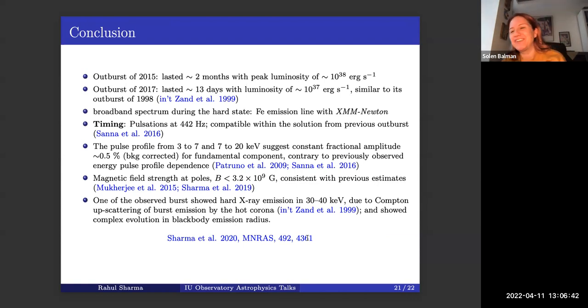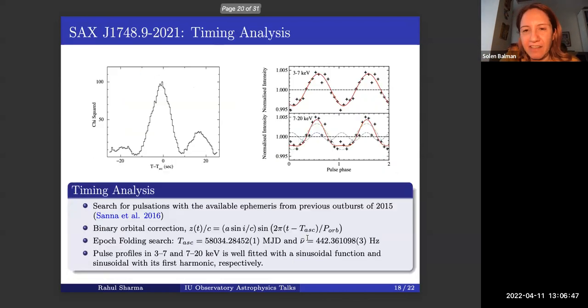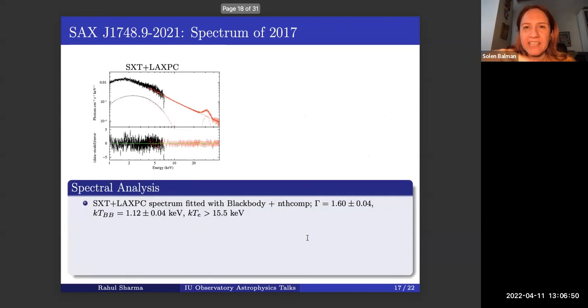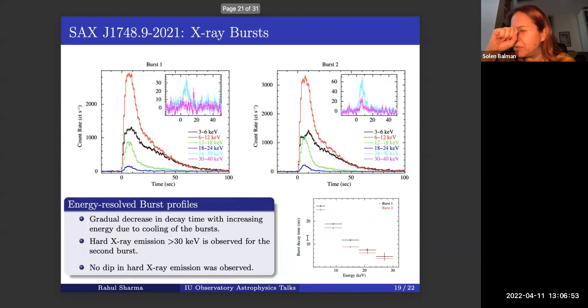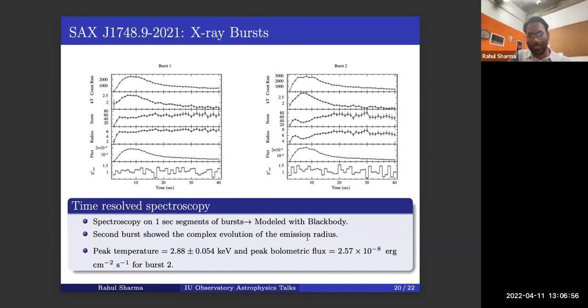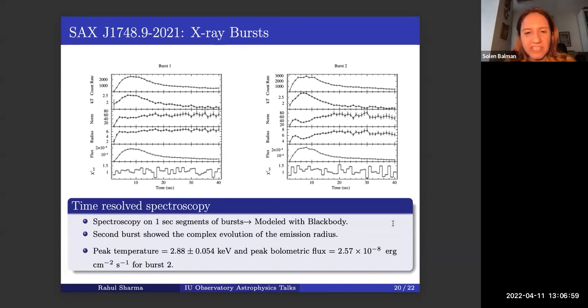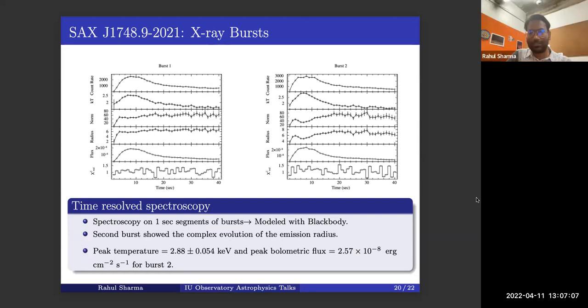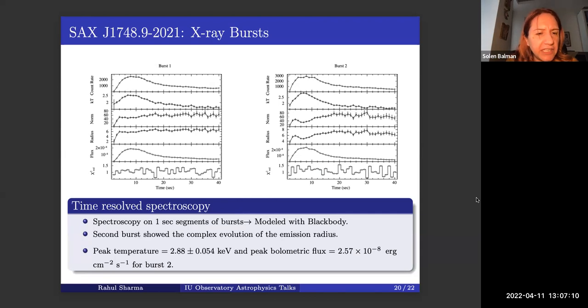I had a question. Can you go back to the very last slides? Somewhere there, when you showed us the evolution of the radius and temperature and so forth. Yeah, this one. I just noticed something. It's a very brief question, actually. Here you have this 40-second evolution, the entire burst evolution. And in the radius here, I see the radius expands, and I don't see any contraction here. So is it very normal there?